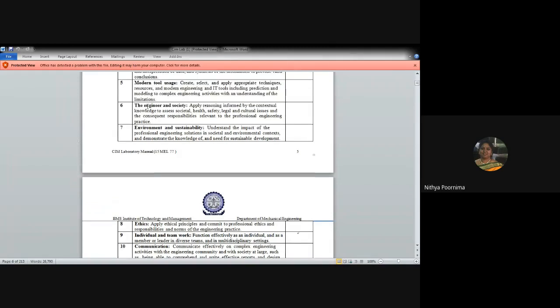So next is the engineer and society. All those issues that you're taking up, all those problem definitions you're doing, right? Let it be your projects, the KCST projects, all that comes under you're basically working for society, health, or safety parameters, right? So basically, whatever engineering projects you're defining is for the society, right? That component also comes here.